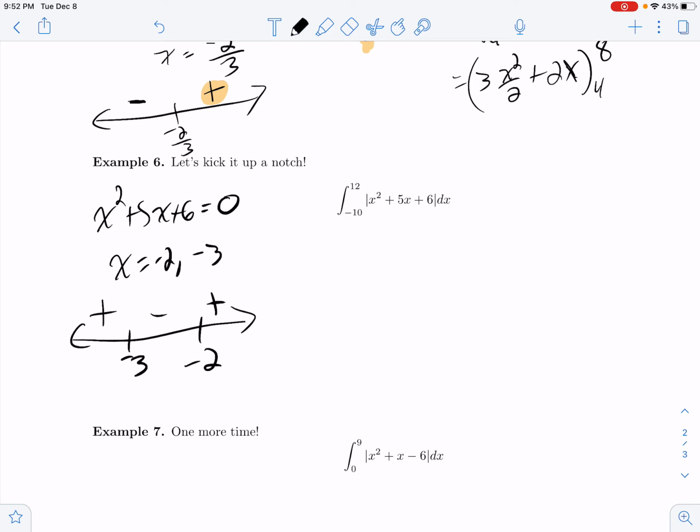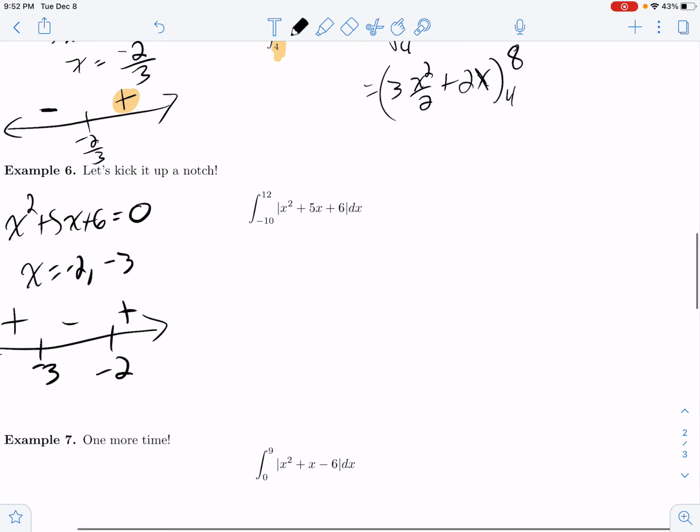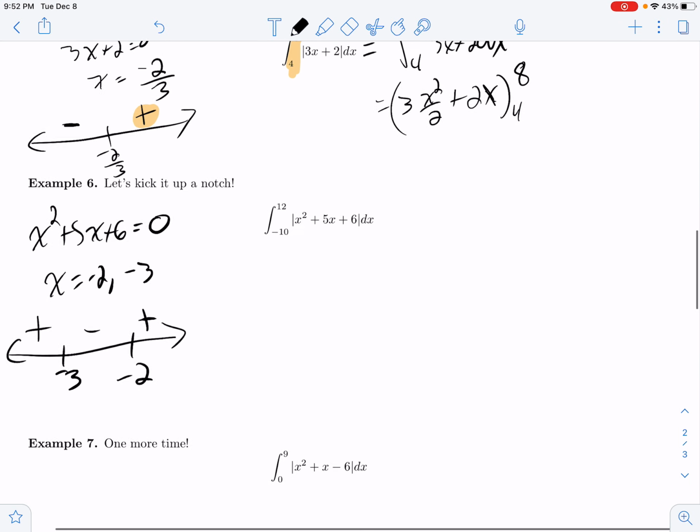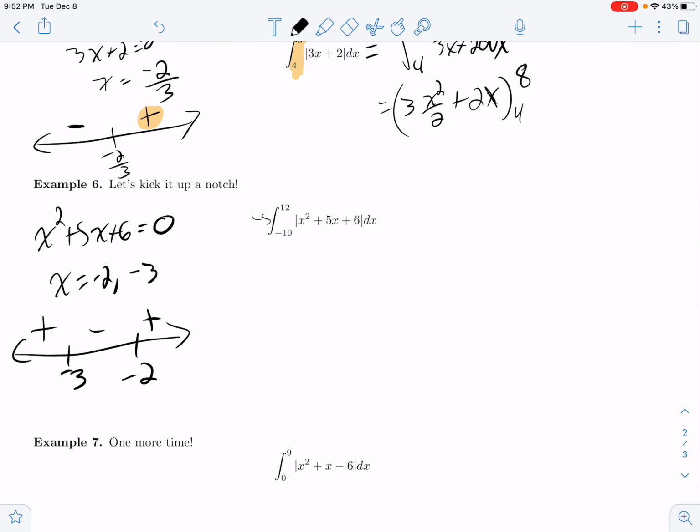All right? And maybe fortunately or unfortunately, all of these, the -3 and the -2, they live in between these two numbers. All right? So if I go from, say, this is equal to the integral from -10 to -3, we'll do it in order in this case. This one's positive, so I have like a plus sign out in front that I don't have to write down because it's the first guy. And I'm going to have x squared plus 5x plus 6 dx